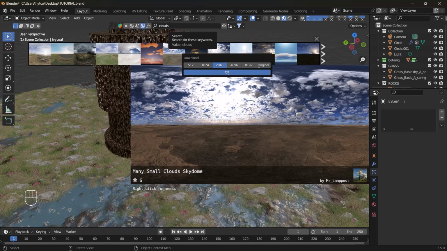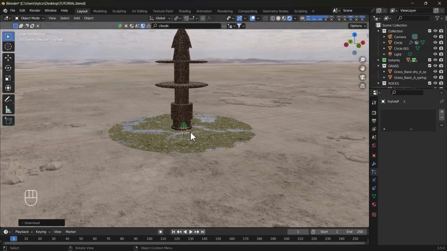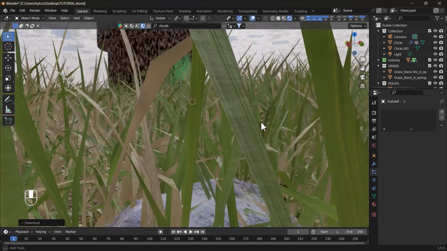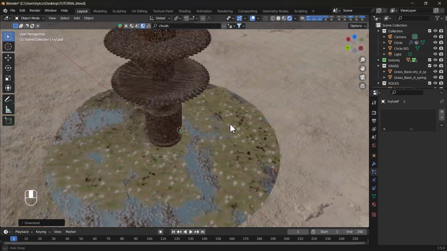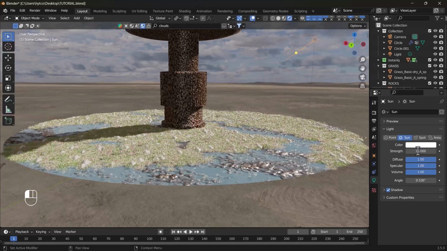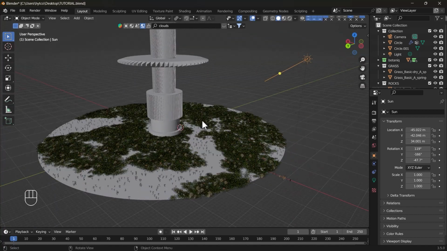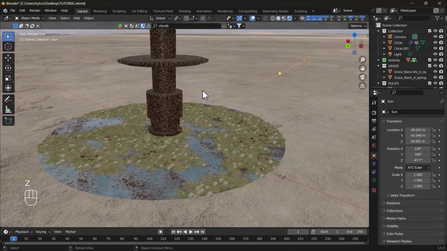Okay, so in the search bar of the BlenderKit add-on, select HDRI and then type Clouds. Now click on any HDRI and it'll load automatically. Switch to rendered mode to see the effect. And if your scene is still looking dull and you are not convinced, then add a sun lamp, press Shift A, then in Light, select Sun. Set the power of the sun to 15. Change the angle according to your liking. And now we are done with this project.